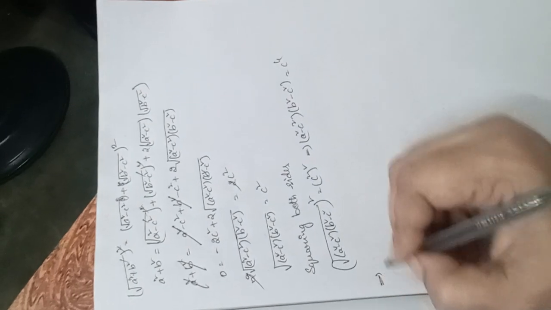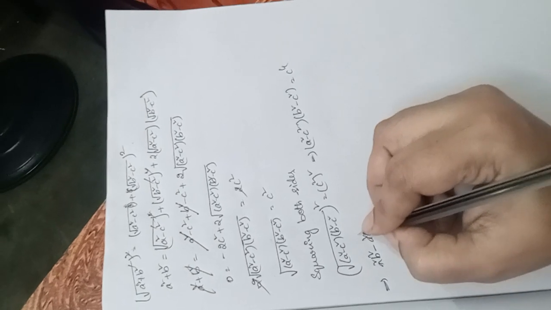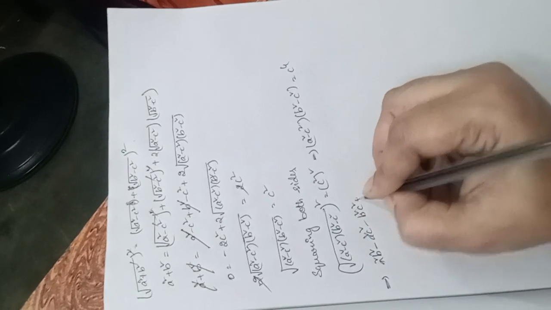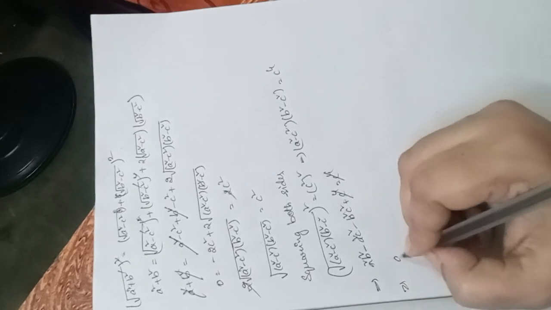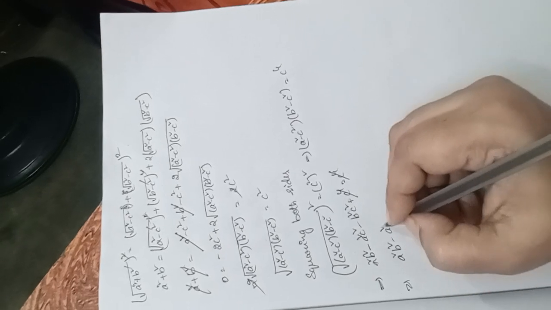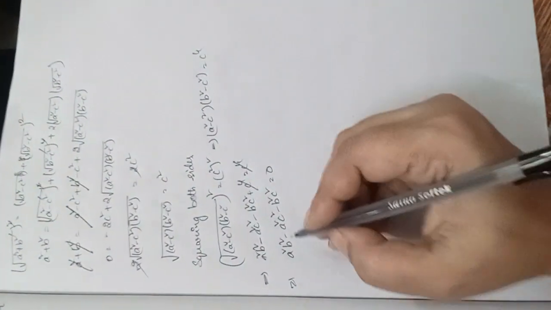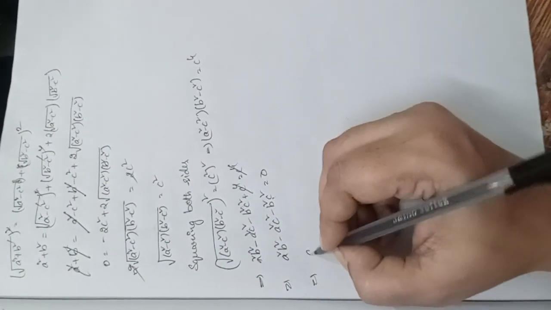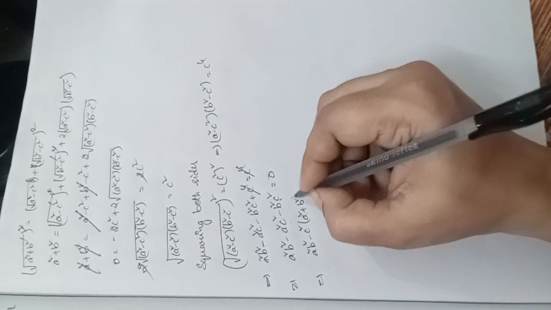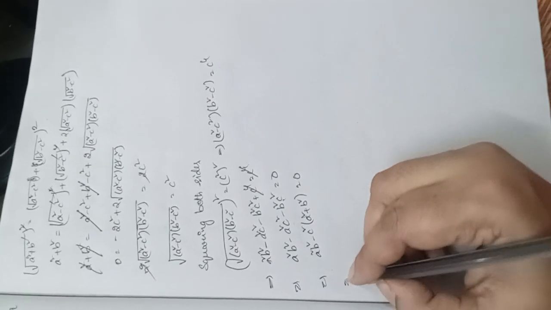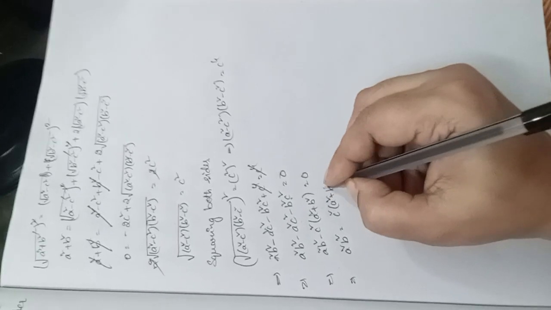which implies a square b square minus a square c square minus b square c square plus c power 4 equals c power 4. These two get cancelled. So a square b square minus a square c square minus b square c square equals 0. Right? Now in these two I'll take c square common, minus c square. What will you get? A square plus b square, you will get, equals 0. Okay, which implies a square b square equals c square into (a square plus b square).